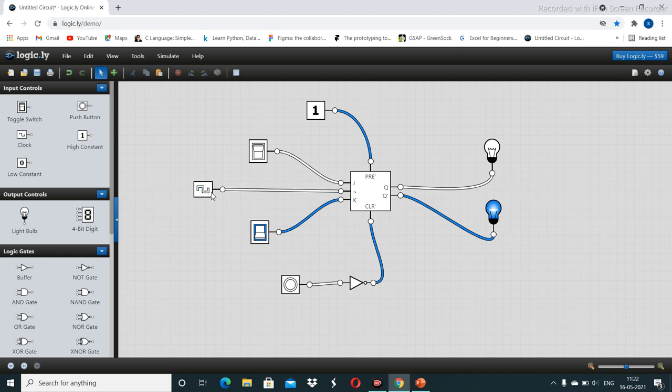We are getting the values through the clock pulses. What are the truth table values we need here in the JK flip-flop circuit? So this is the simple demo of a JK flip-flop circuit. Now we can enter into a